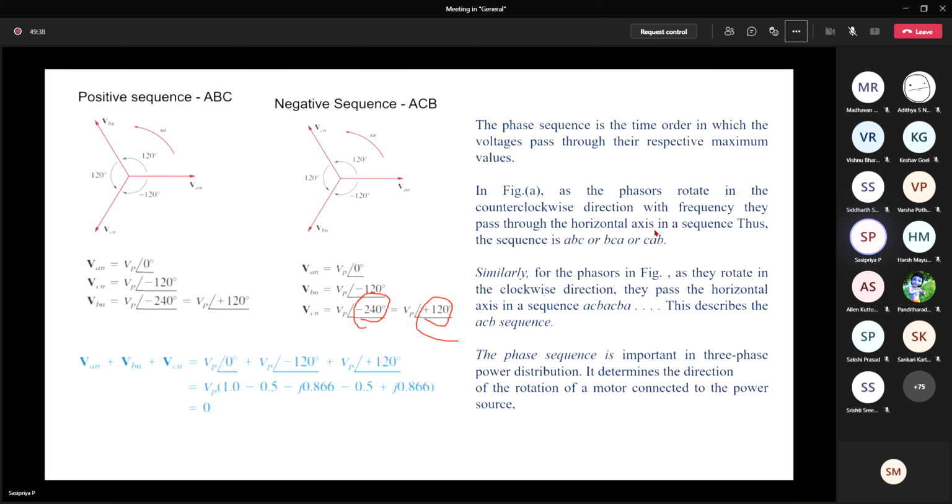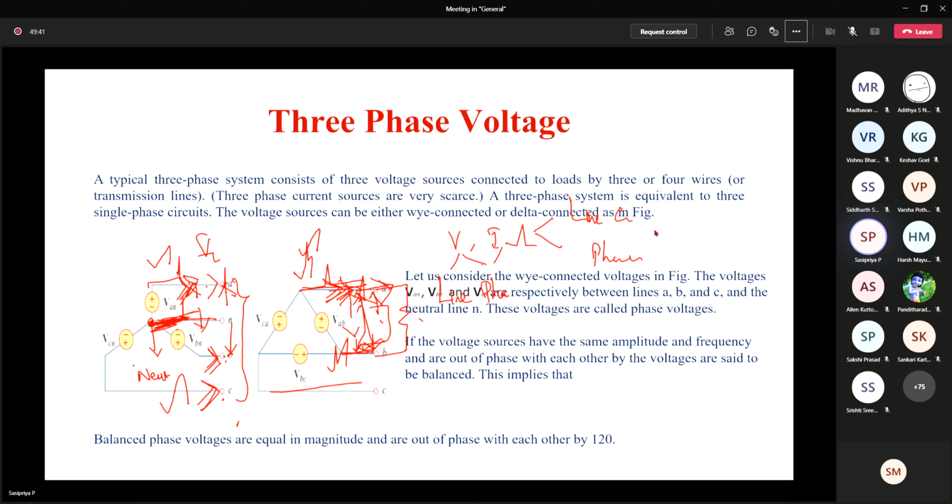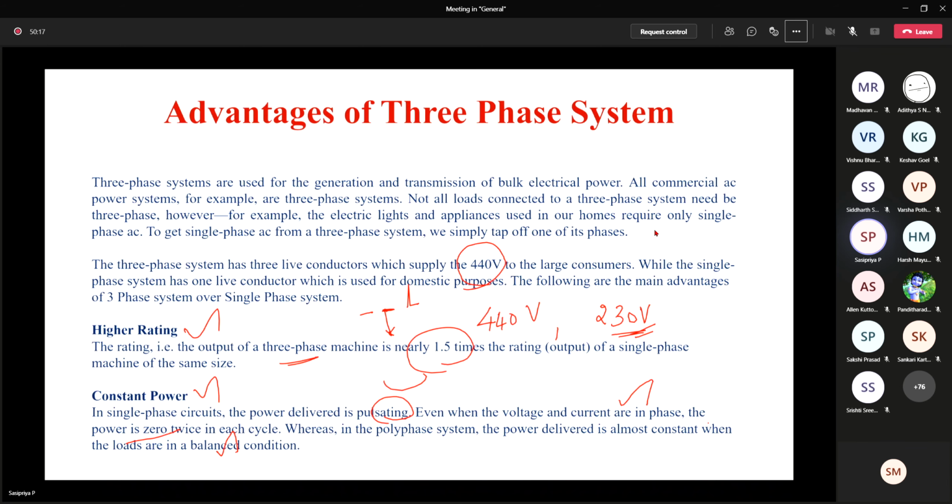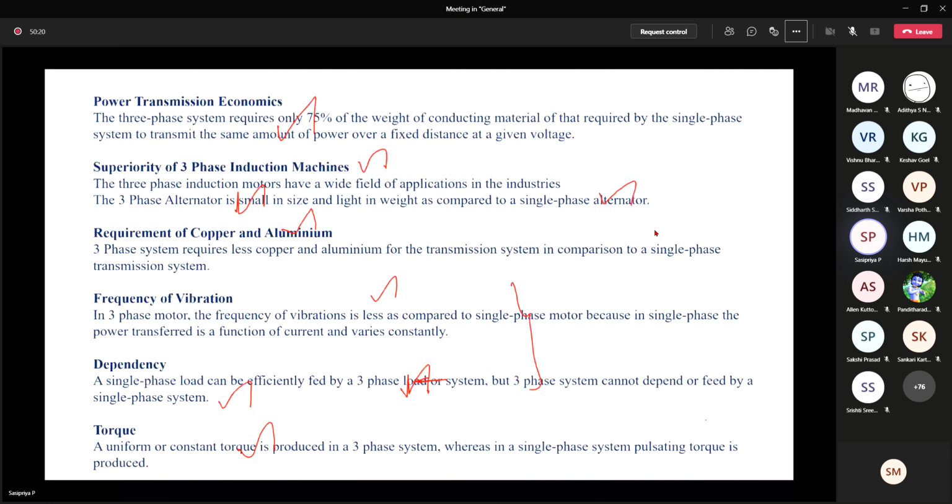Mainly the purpose of this 3-phase system is for when I want to connect a high rating load. When my load needs high power, then we need to go for a higher rating supply voltage. When you have DC we don't have any limitation, right? We say 10 volt source, or 20 volt source, or 230 volt source. Similarly for AC, single phase means there is a standard output voltage of 230 volt. Now when the current supplied by the single phase source is not sufficient for a load, then we may have to go for a 3-phase system. In a 3-phase system, we have all these advantages.